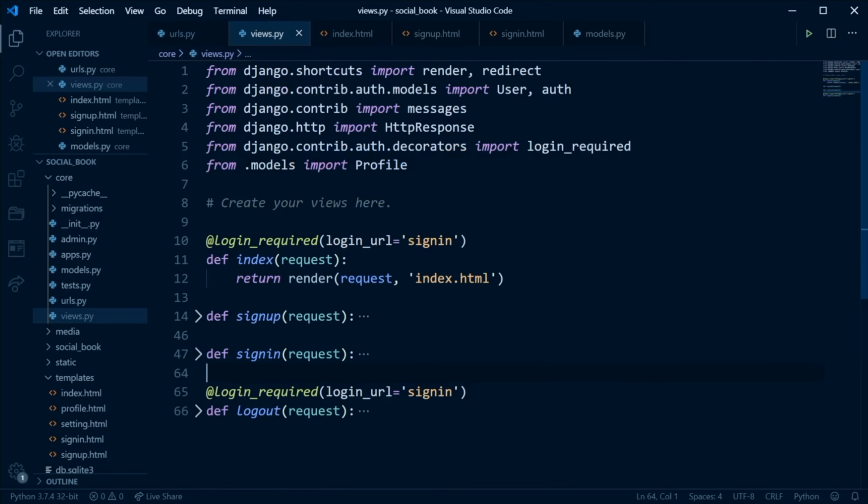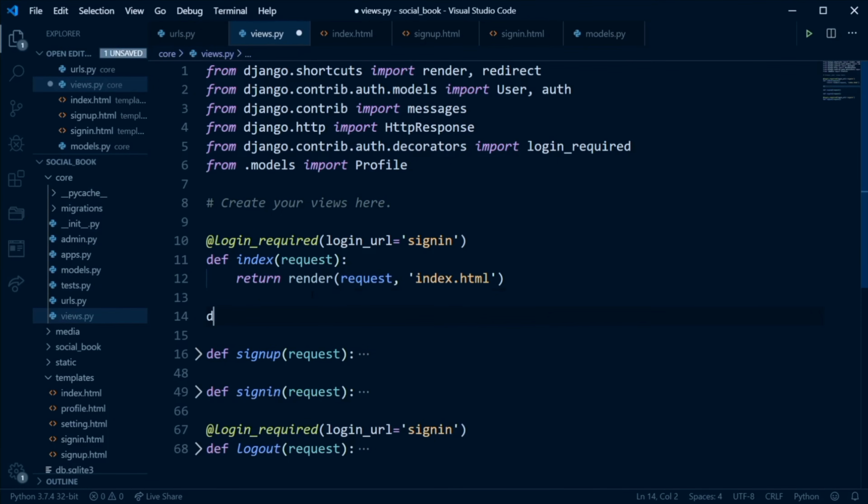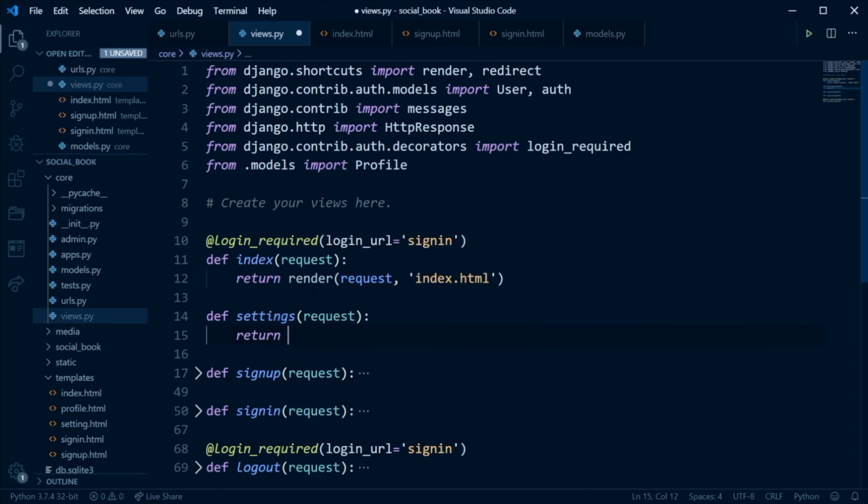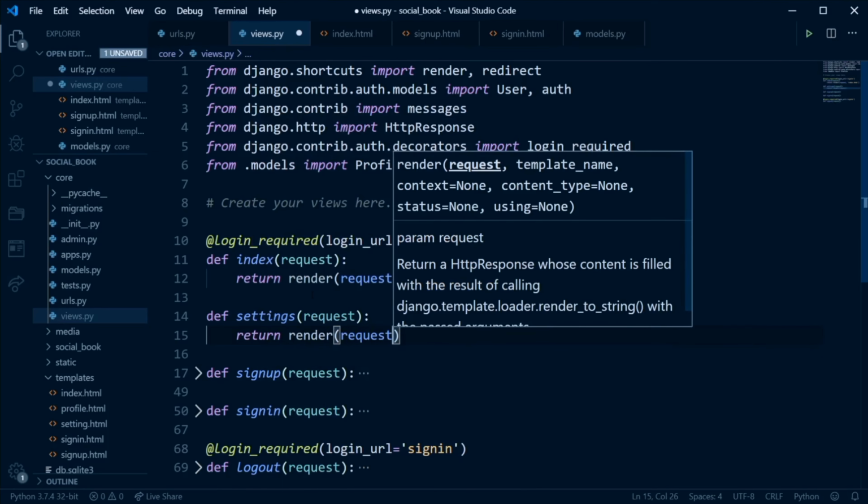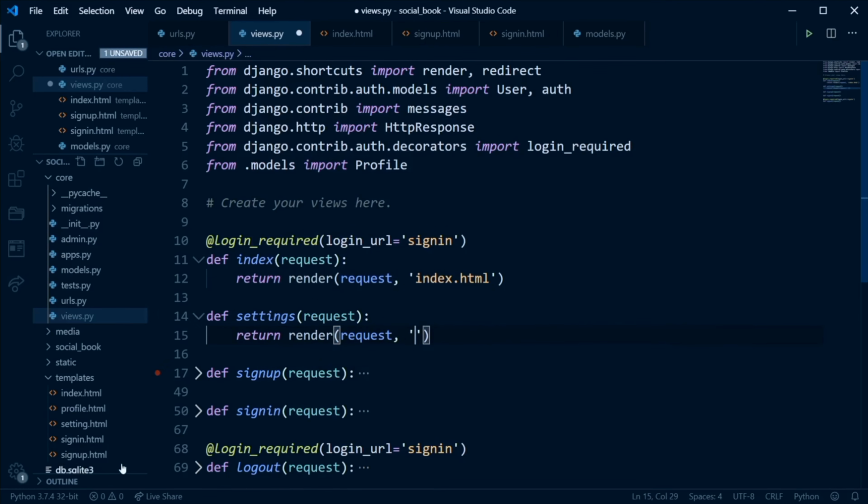Also views, now we need to come here and create a new view, and let's name that view settings. Take a request and we just render the settings.html, which is this page. So now we can save this, but before we save, we also want to give it this login required